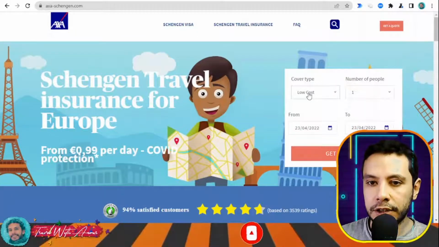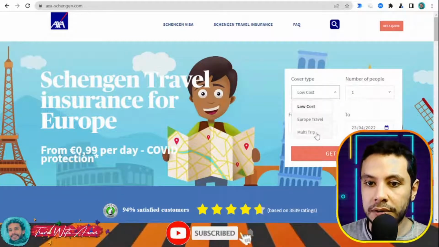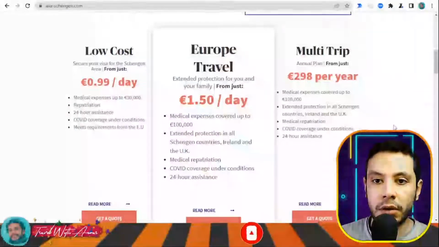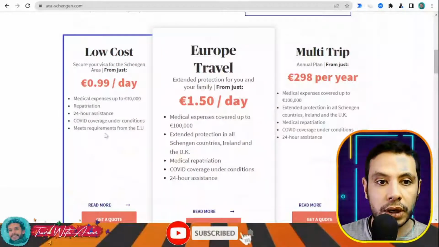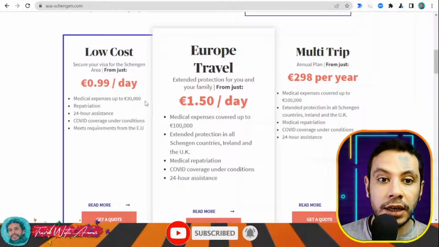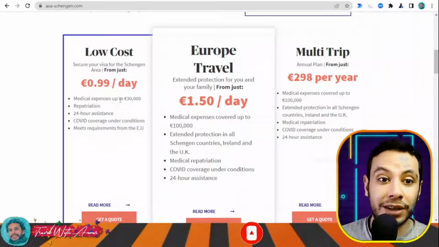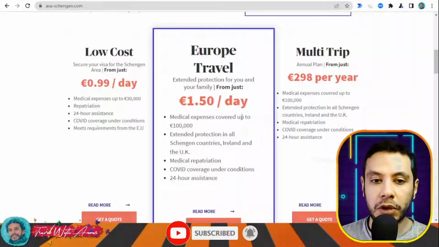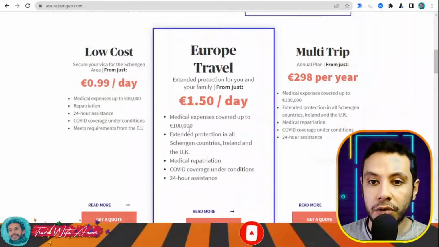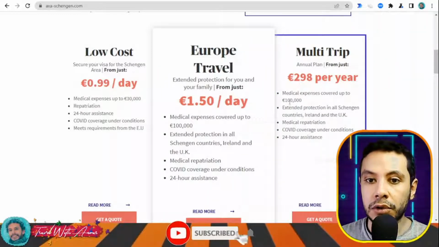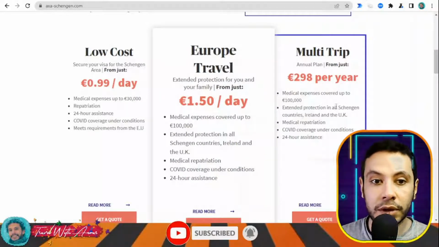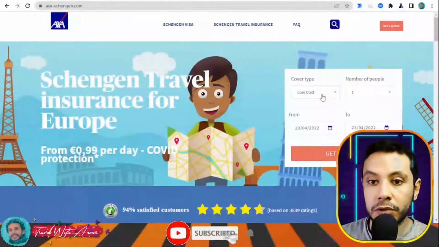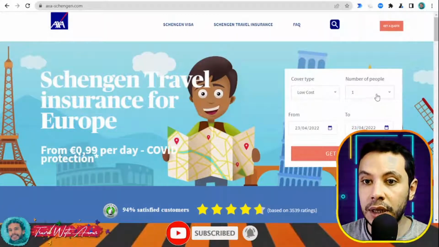Here you have different types like low cost, Europe travel, or multi-trip. So what is the difference between all these things? For low cost, it is up to 30,000 euros, and this is the required rate for Europe, so you can apply for it. There's also another one for 100,000 euros, and there is another one for 100,000 euros, but this one per year. So let's just go for the low cost, the 30,000, the one that we need,